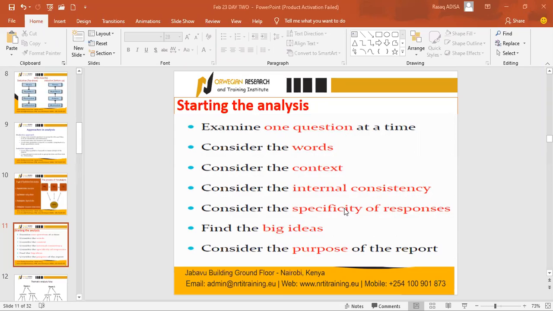How often are they specific about a particular issue? So the specificity of the response on certain things, try to note it. That also portends seriousness of something or how important something is to them. Because as a qualitative researcher, you are looking for the in-depth feeling of these